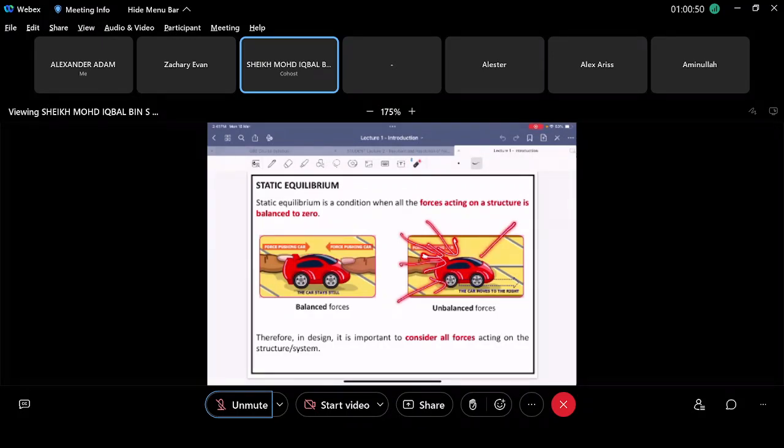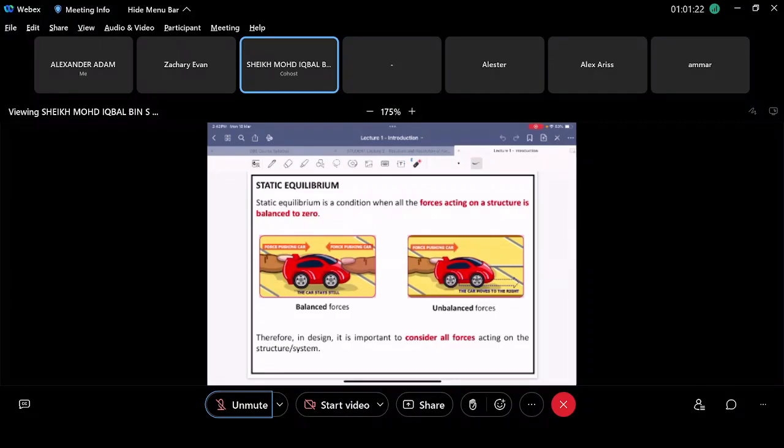So we have to make counteracting forces here, here, here, and we have to counter all the forces here so that eventually it will become like this one. It will be in static equilibrium. It's not moving, right? So first, we have to observe the behavior of the structure. And once we have observed and identified what we need to improve, then we start to add counteracting forces to counter the applied forces acting on the system,